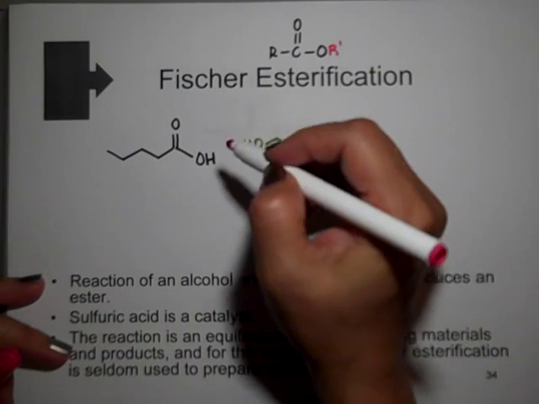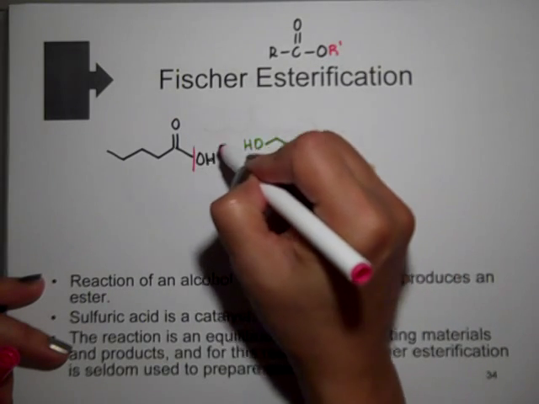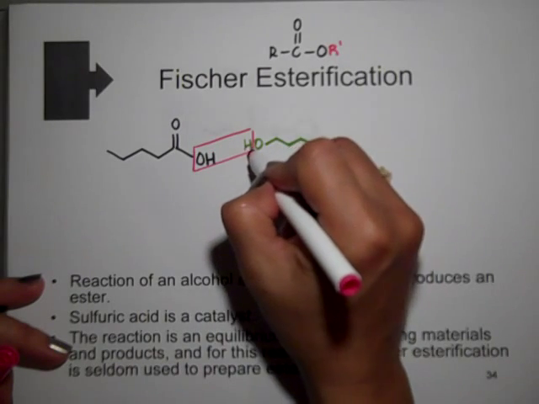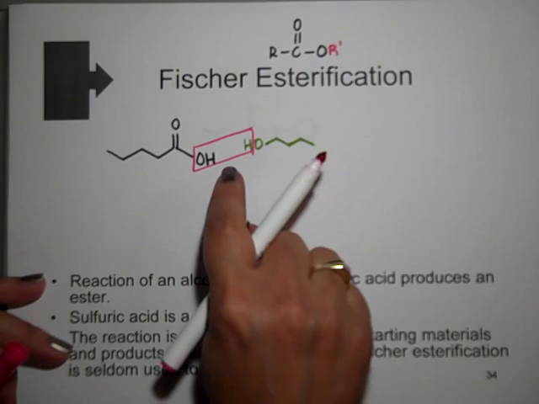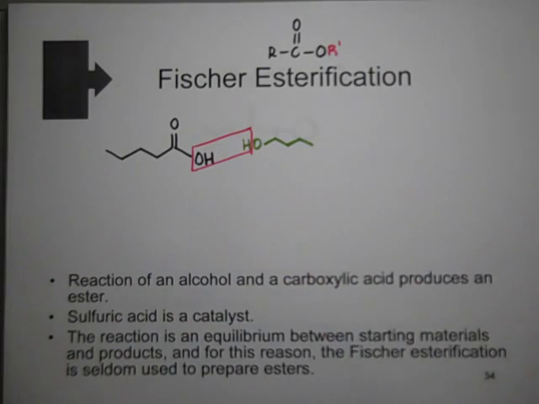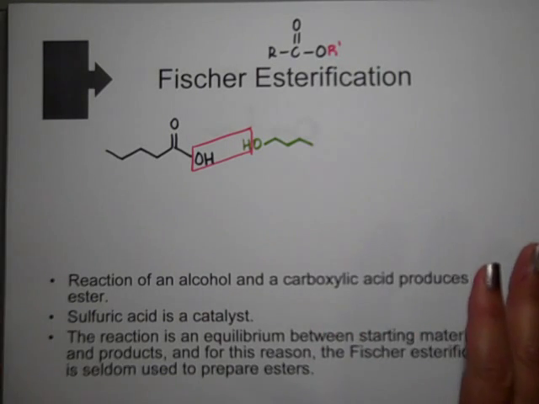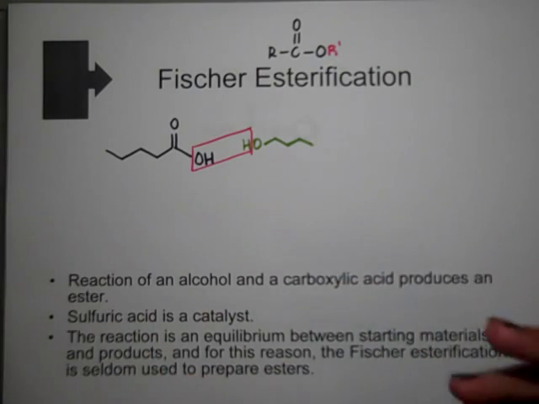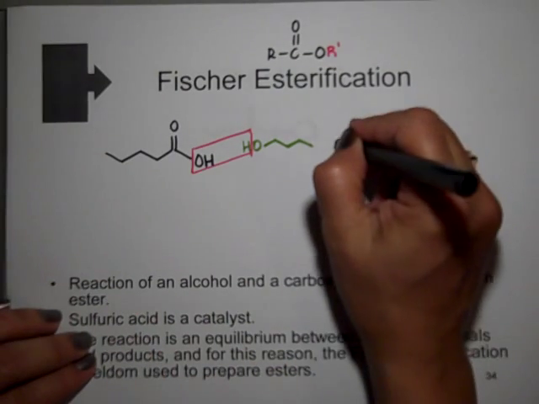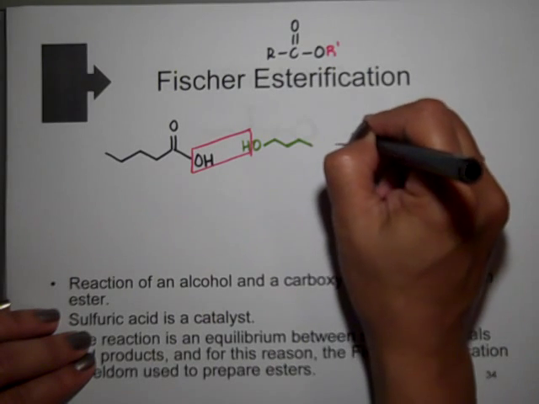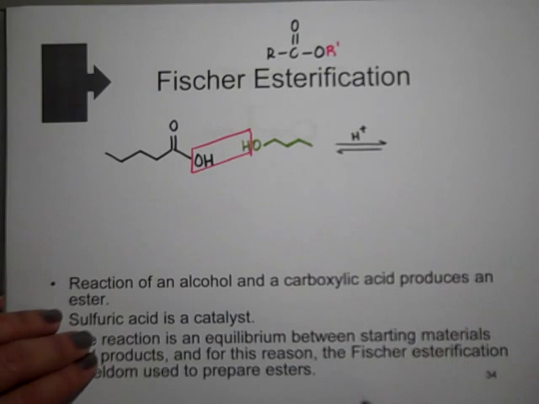And a long time ago, they used to teach reactions by showing you what you were losing. So we're losing water, we're condensing 2 molecules, and we're losing a water molecule. That has absolutely nothing to do with the mechanism, but it shows you that you're going to put those 2 molecules together. For this reaction, I am going to need a little bit of acid, just a catalytic amount of